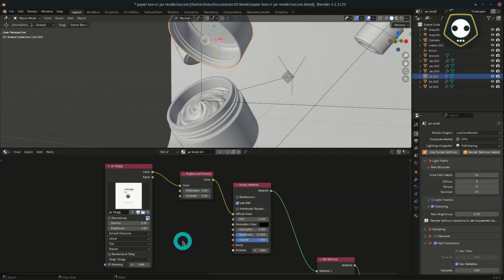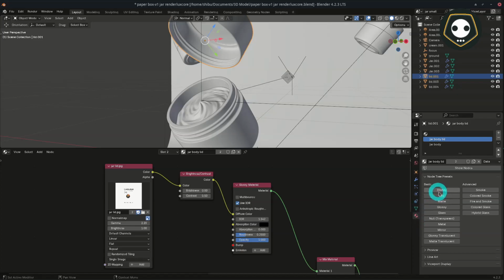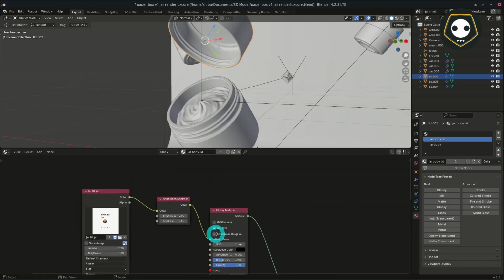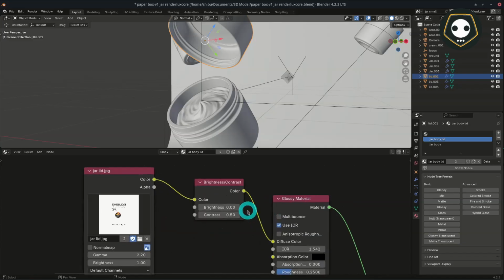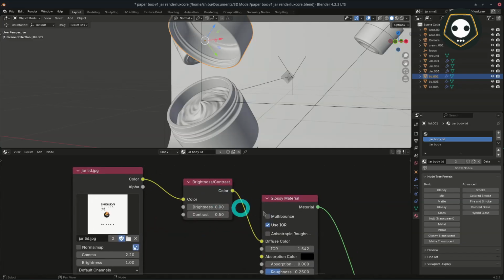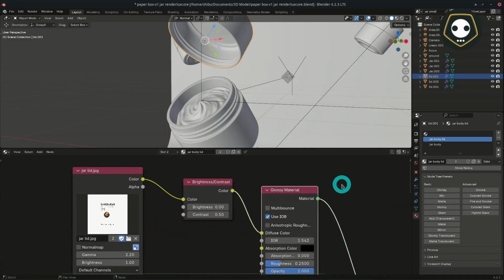You can see here the LuxCore material node. This is the Disney, which is just like the Principled BSDF. Click here, and for the glossy material, just press Shift A